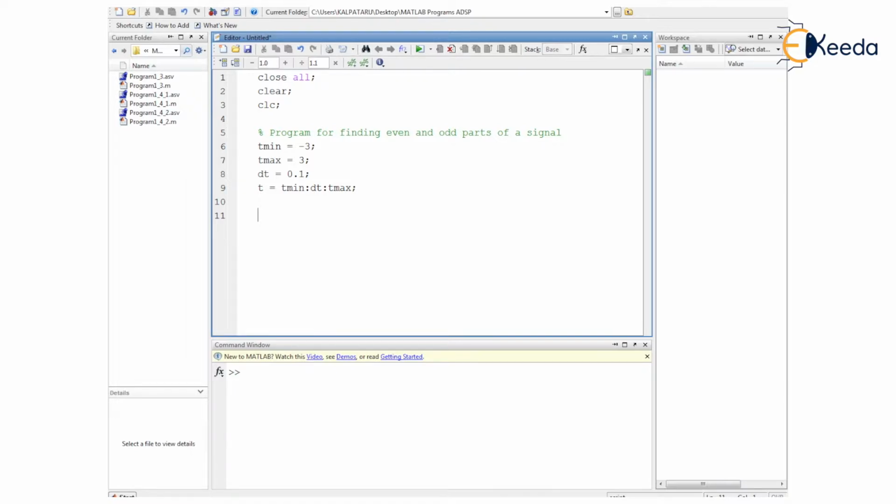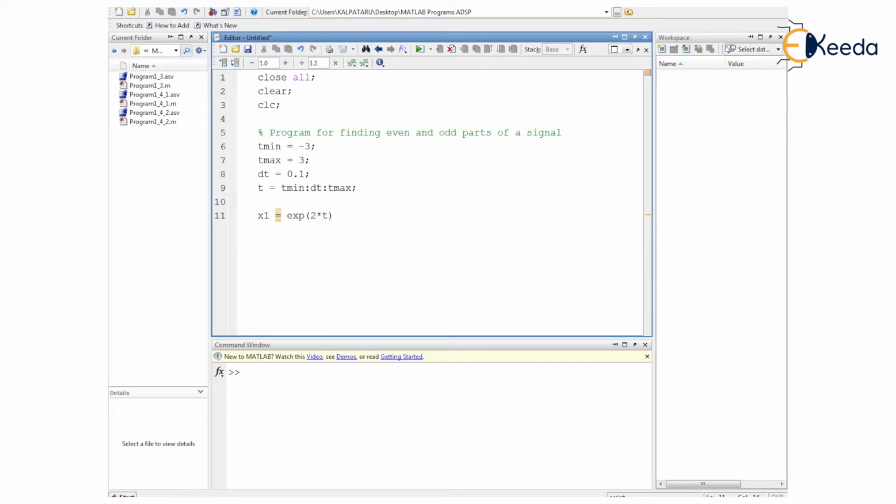Now making use of this time parameter, we have to generate the signal that was shown to us while having the aim before starting this MATLAB script here. For that purpose, we take two variables. The first variable, the exact signal we are going to develop with the help of the exponential function. So x1 is equal to exp in the bracket, we require 2t, that is 2 asterisk t.